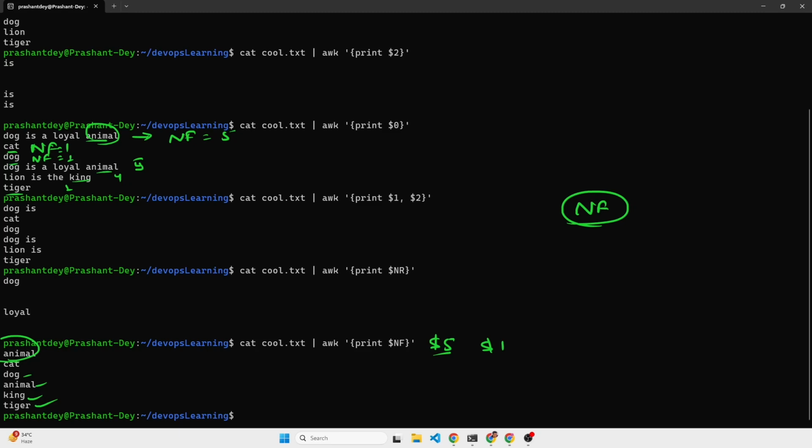Okay, so awk technically is a very powerful command. You can do a lot of things, right? You can do pattern searching, you can provide conditional statements. I just gave you a rough idea about what awk can do. Trust me, awk is much more